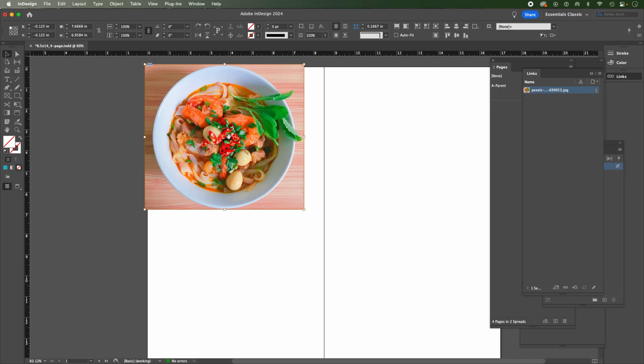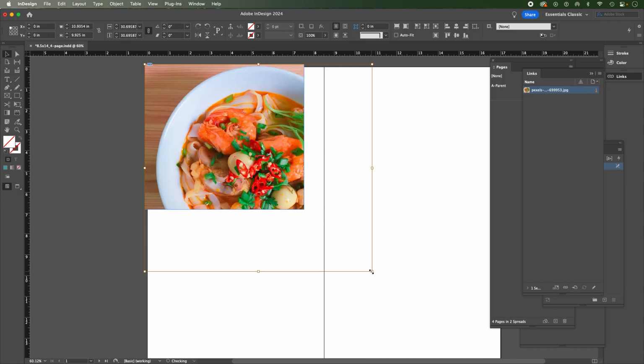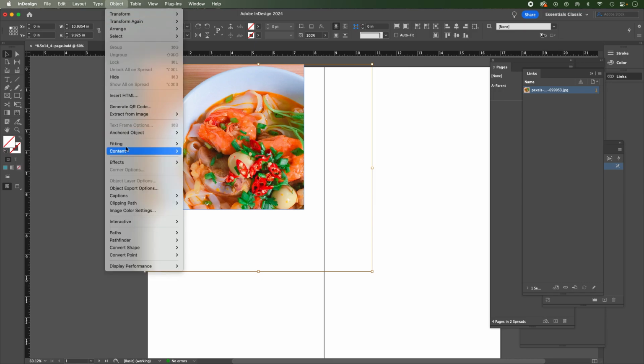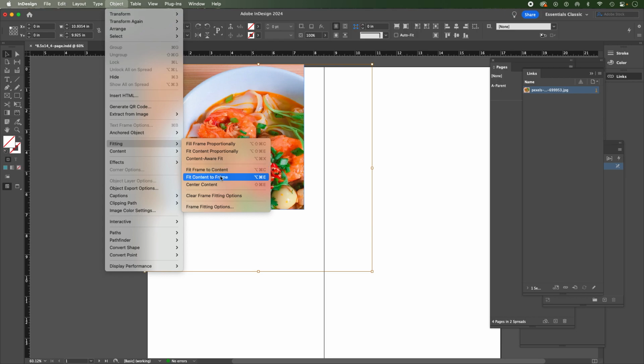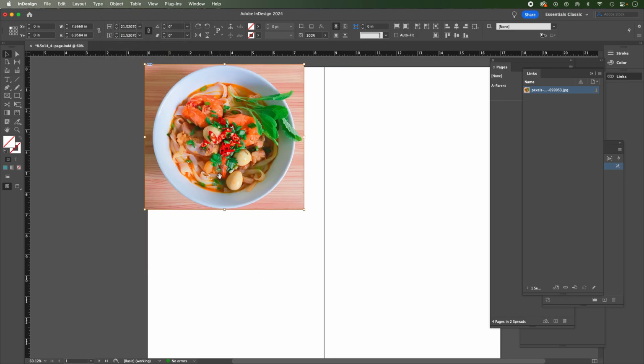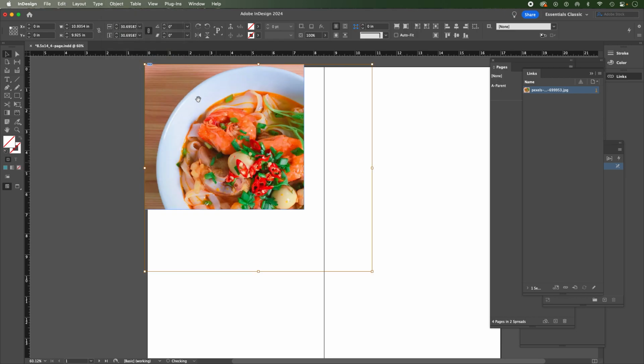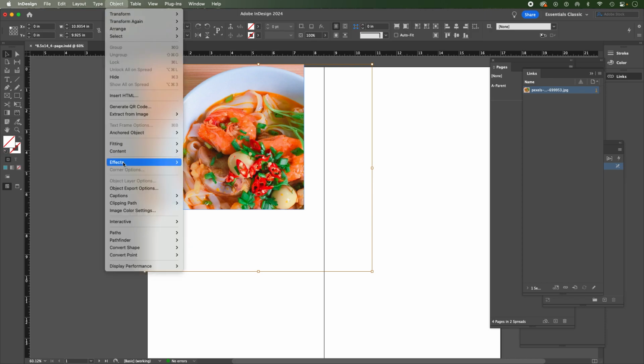Even if you wanted, you could scale the image, and I just clicked in there. I clicked that little circle. Now I've got the orange box indicating the image. I'll scale that up, and now I can click on my Object menu and go to Fitting and Fit Content to Frame. I can do it both ways, or sorry, I was going to do there, Fit Frame to Content,